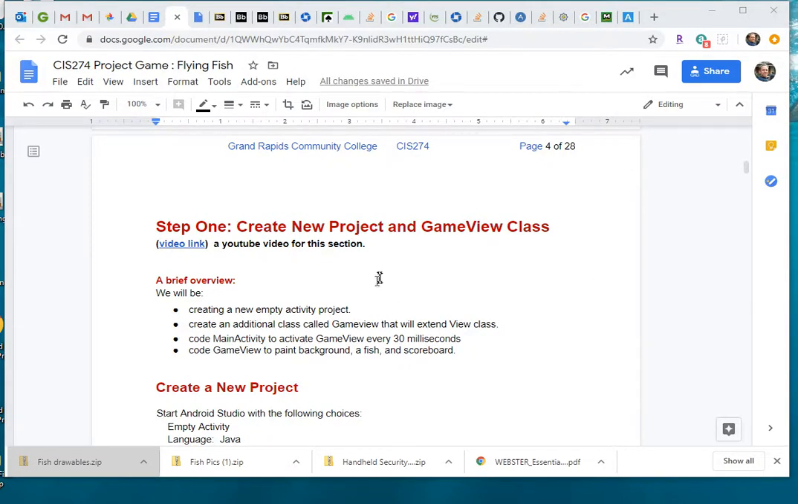For our first step, we're going to be creating a new project, and then we're going to be adding this Game View class. Game View class has the ability to paint stuff on our screen, okay? And it's going to keep track of scores and all kinds of stuff. First of all, we have to create a new